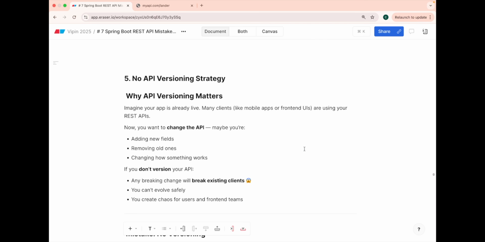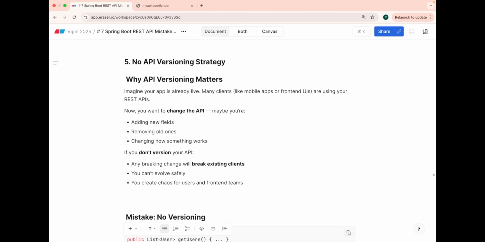So that was the fourth bad thing that you do, that you just return a simple string saying user not found, or you throw a new exception with a message. That is a bad way. Rather, what you can do is return a problem detail only in case of error exceptions.